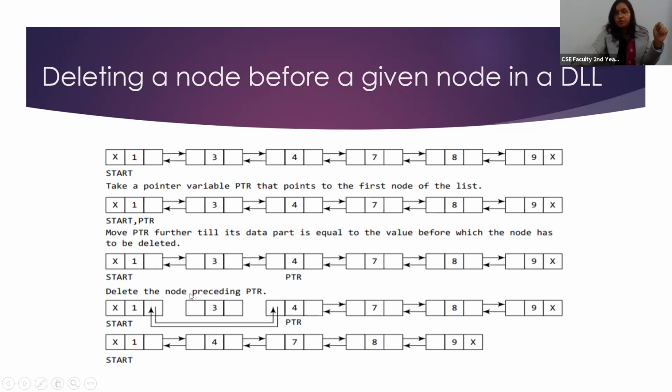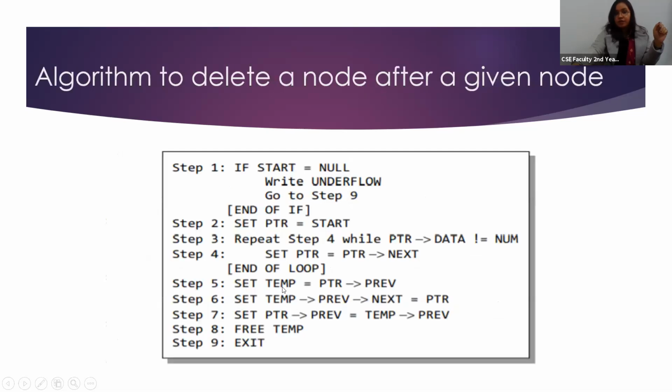This node you need to free. And to free this node, you need one variable. Either you take it later, or you take it as pointer and pre-pointer. Okay. You do any of these. Let us see what they have done. They have taken a temporary variable temp. Okay. So this part remains same up to this much.